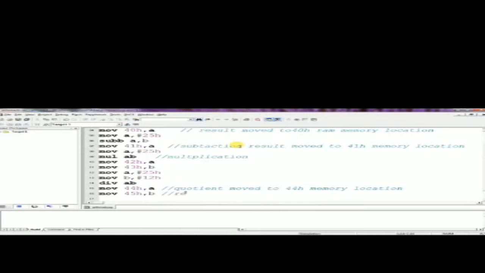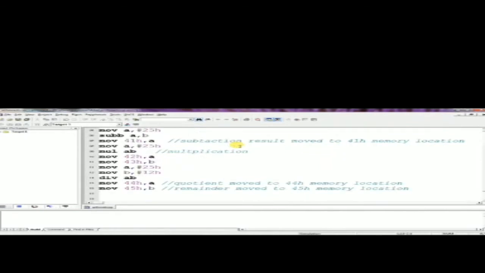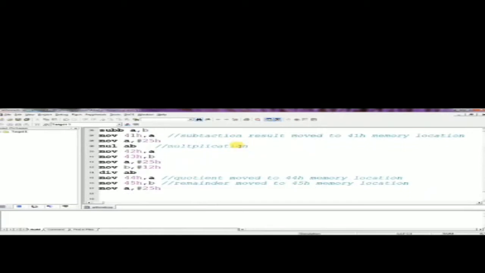Multiplication requires a big value, a 16-bit value, so it requires two memory locations, and division requires two memory locations for the quotient and remainder.